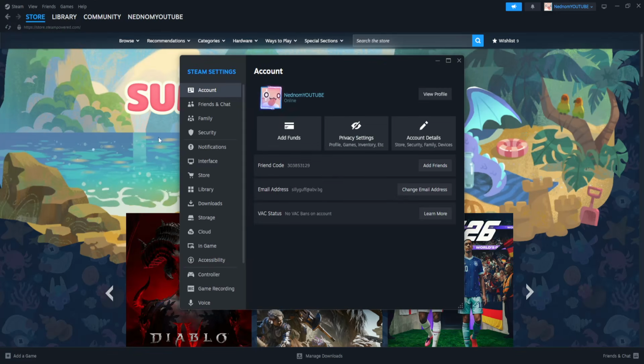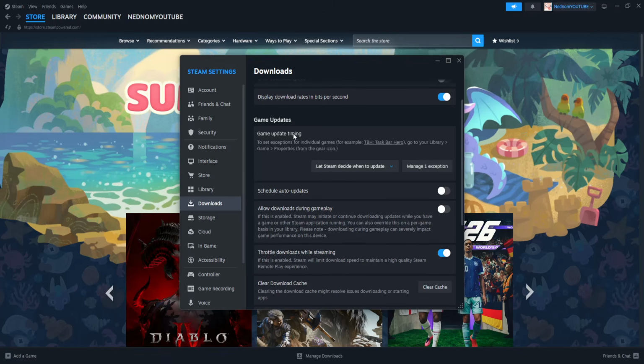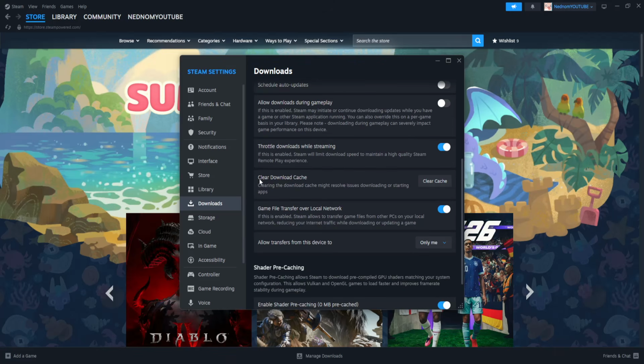Once we go into settings, the first step will be going into downloads and just verifying that this is the correct download region, so where you live. Make sure limit download speed is not checked, and afterwards we will just scroll down and you want to locate